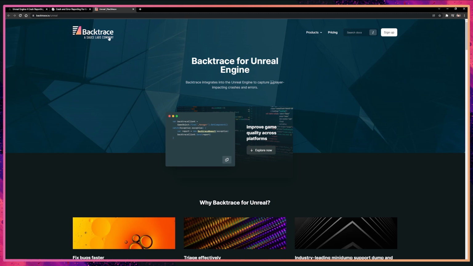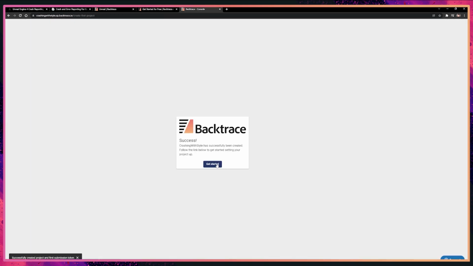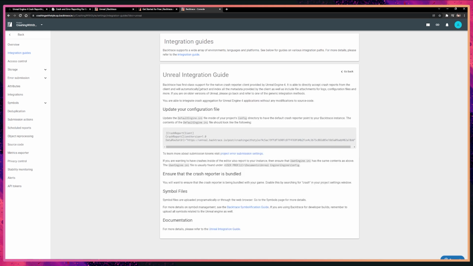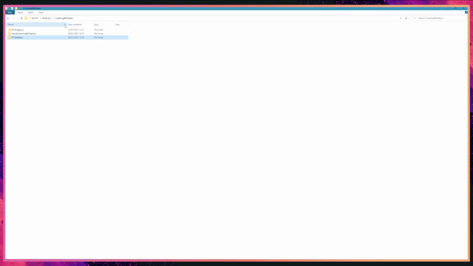For this example, I'm going to use Backtrace, so I'm going to sign up here for an account. We're making an Unreal game, so I'm going to click Unreal here in the integration guides. And here they're showing you how to update your configuration file. So we need this data router URL, and I'm going to copy this. Then I'm going to go into my shipping folder of the game, and I'm going to create a configuration file inside of that. We cannot currently set the crash reporter URL, the data router URL, inside of the project settings,